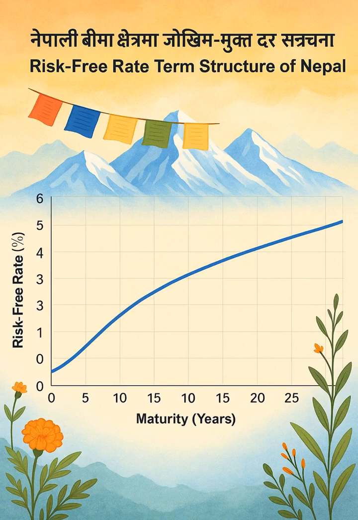Okay. Now, I remember reading they considered adjusting for inflation differences between India and Nepal, but decided against it. Why was that? That's right, they did think about it. Yeah. But they opted out for a few reasons. First, they figured short-term inflation blips aren't that relevant for medium to long-term rates. Second, they worried using long-term inflation targets might just add unnecessary volatility, make the rates jump around too much. I see. And finally, using historical inflation data, it might not react fast enough to what's actually happening in the market now. Interesting. Okay, so no inflation adjustment. How did they adjust the Indian curve then? This feels like a crucial part.